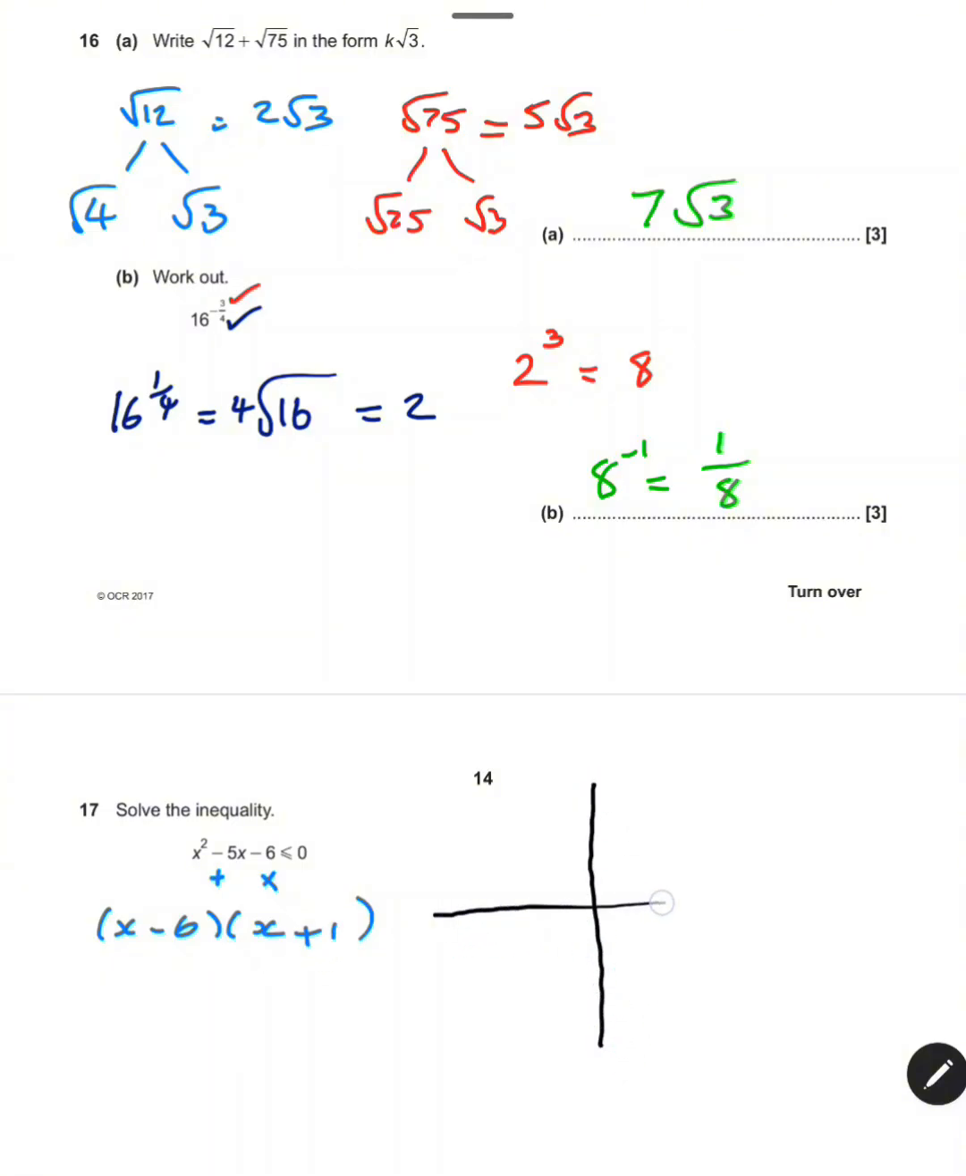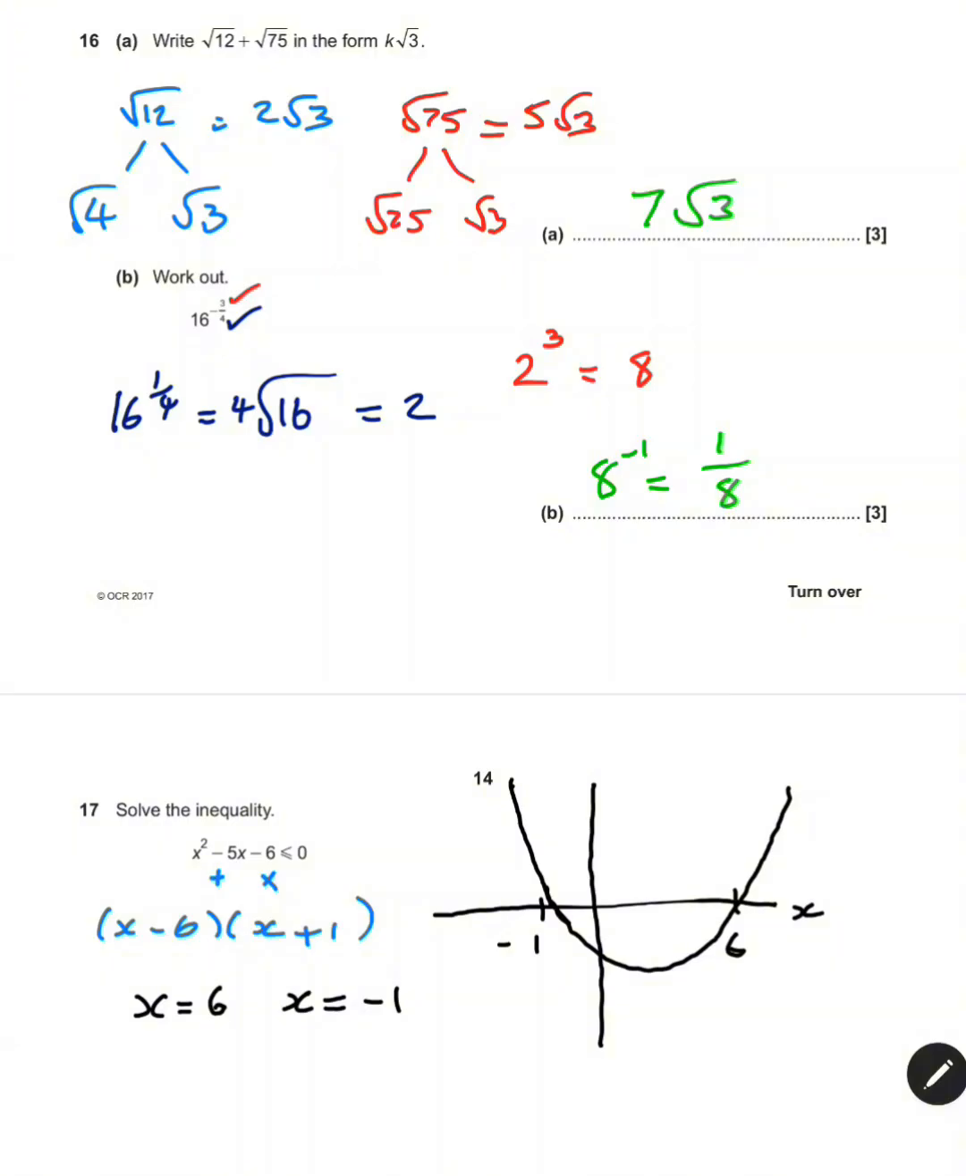I'm going to quickly sketch this curve. When you've got x minus 6 in brackets, you've got x equals 6 and x equals -1 as roots on this quadratic curve. So where would they be? Well, this is my x-axis. This is approximately -1. This is approximately 6. And this is a positive quadratic, so it's going to give you something like